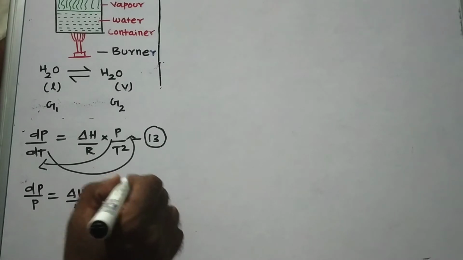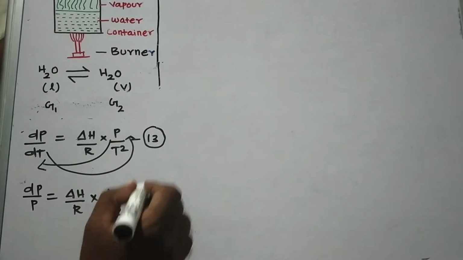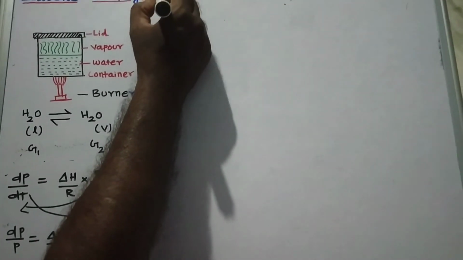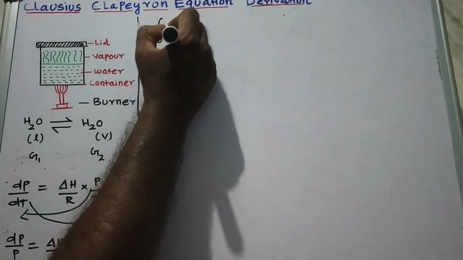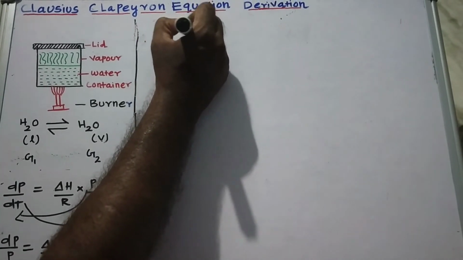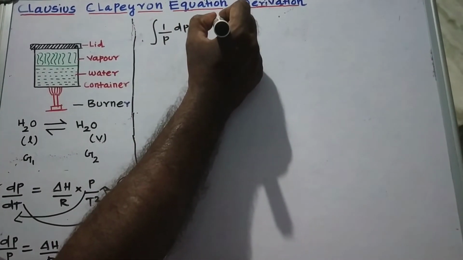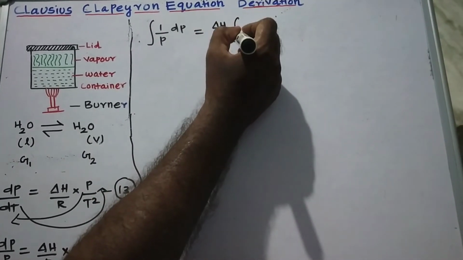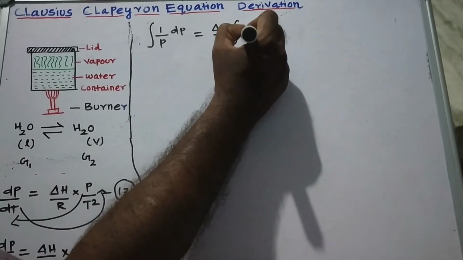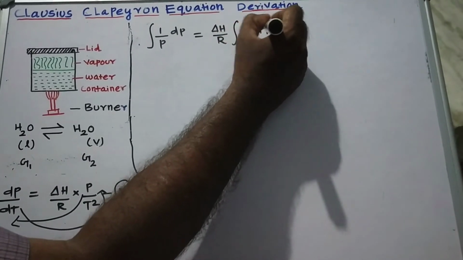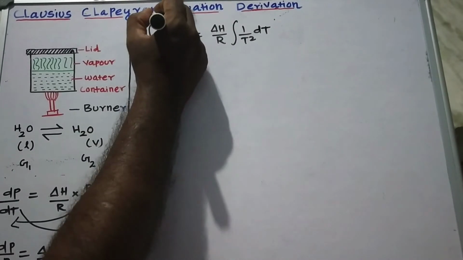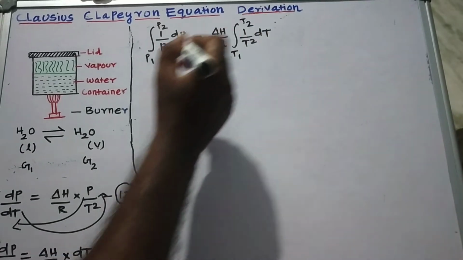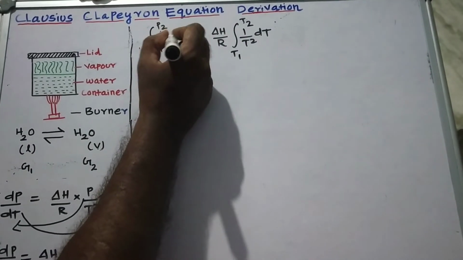To find the value of equation number 14, now we are going to integrate this equation. So it becomes the integral of 1 by P into dP is equal to ΔH by R, which are constants, therefore they are taken out of the integral, times 1 by T squared into dT. The lower limit is P1, upper limit is P2, lower limit is T1 and upper limit is T2. So on integration, 1 by P becomes